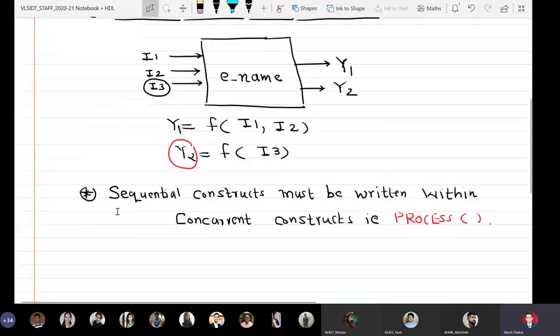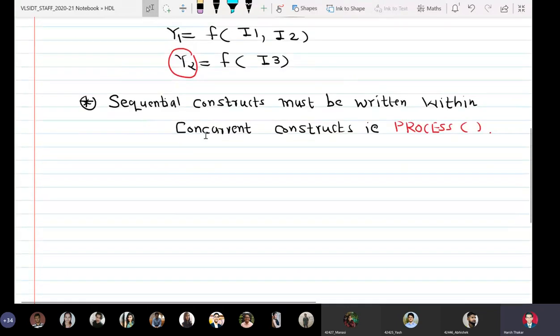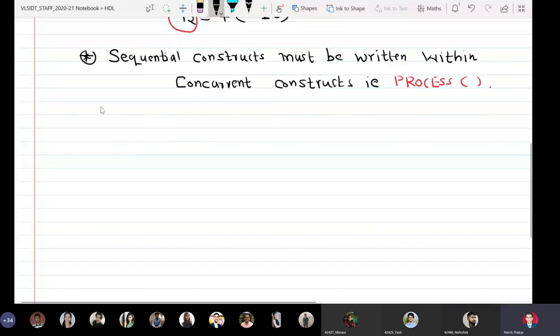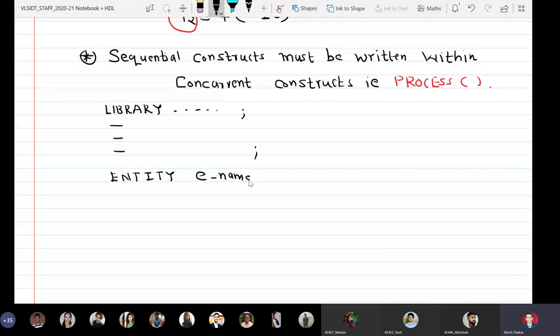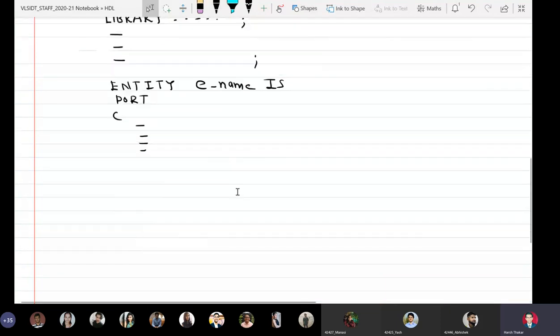Okay. So the entity name is ename. Let the architecture name be e underscore name underscore arch. I1, I2, I3 are input signals and the output signals are Y1 and Y2. So I'm assuming that the library statements have all been written. Then I also assume that the entity declaration is also written.